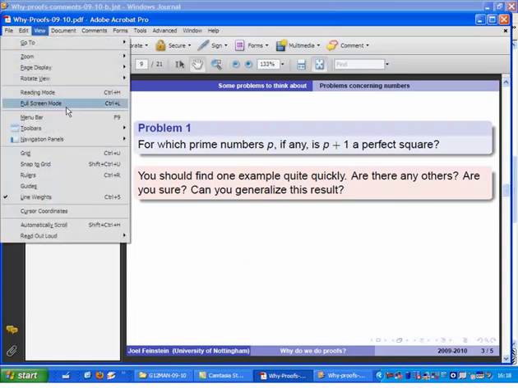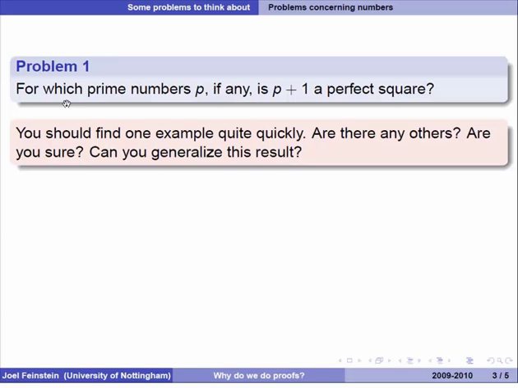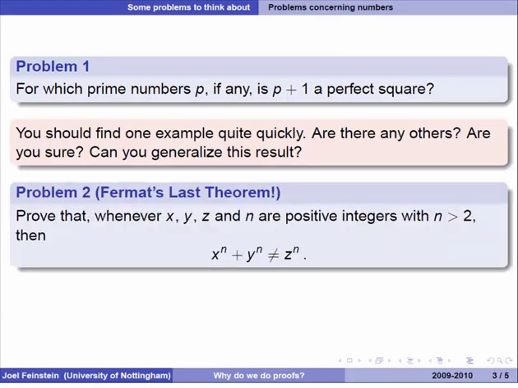Right, let's bring that back up to full screen. Well, some of them aren't as easy as that. Fermat's last theorem. Is it possible to have x to the n plus y to the n equals z to the n? Well, yes. If n equals 1, it's very easy to get equality using all sorts of x, y, and z. If n equals 2, you can have 3 squared plus 4 squared equals 5 squared. Once n reaches 3, it seems to be rather harder. And then you look at any n bigger than 2, and it does seem to be rather hard if you're assuming that x, y, and z are strictly positive. 0, of course, would be far too easy.